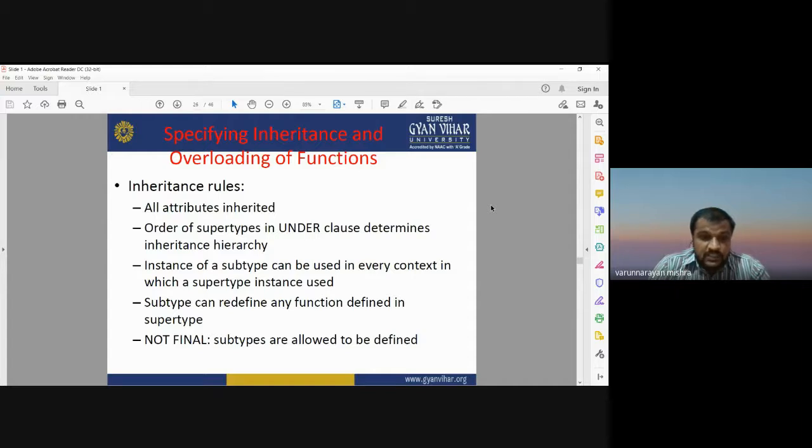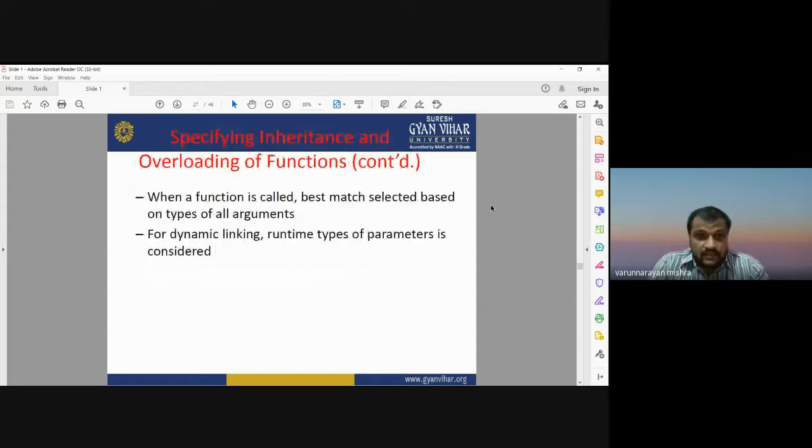A subtype can redefine any function that is defined in the supertype and not final, that is, having subtypes is allowed to be defined. So these are some rules to take into consideration while specifying inheritance and the overloading of functions. When a function is called, the best match is selected based on the type of all arguments, and for dynamic linking, the runtime type of the parameters is considered.